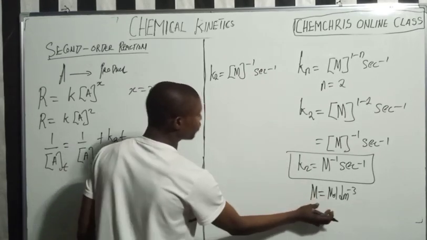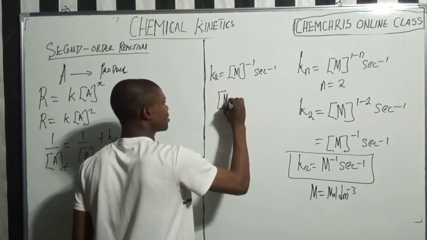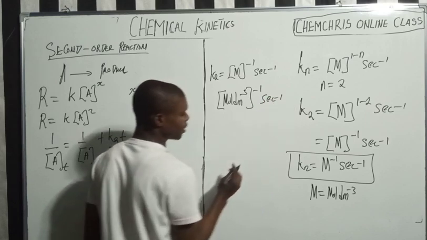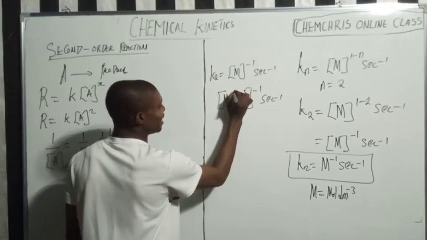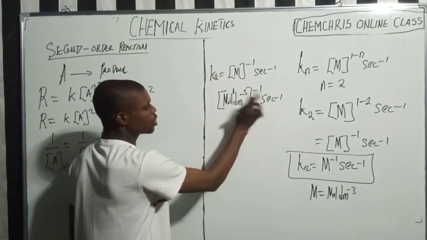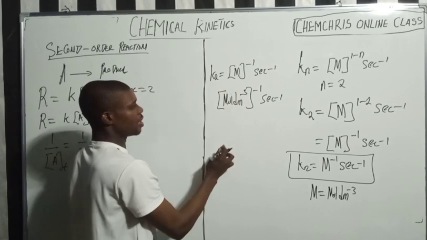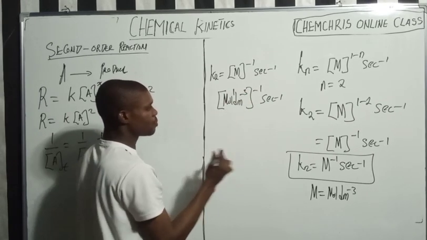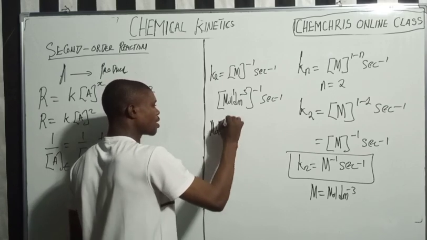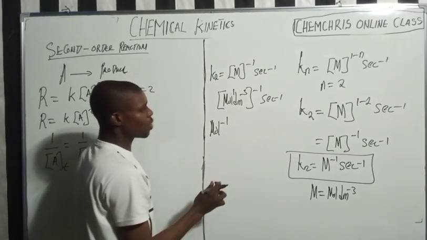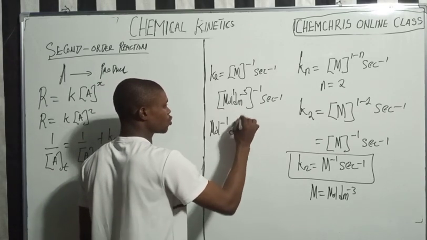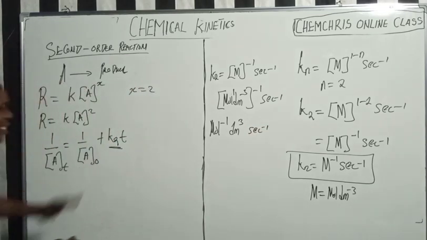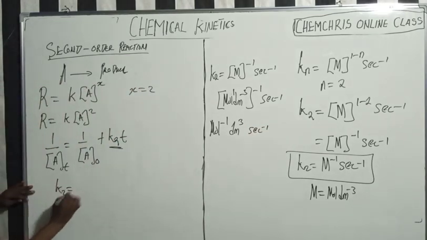So now let's expand this here. We have molarity per dm cube, all raised to minus 1, per seconds. Now if you open the bracket, remember here is minus 1, here was minus 3, which is not showing. So 1 times minus 1 is minus 1, so mole is raised to minus 1. Minus 3 times minus 1 is plus, because minus times minus is plus, so it will be 3. So the unit of K2 is